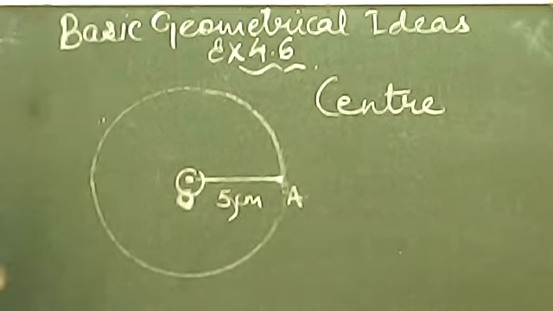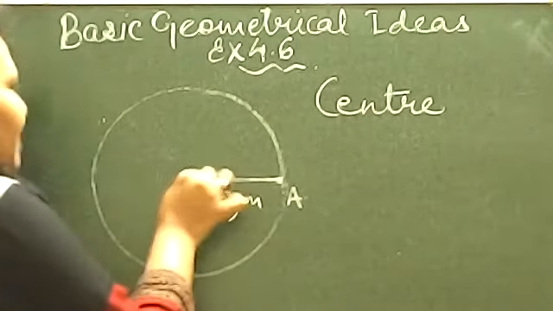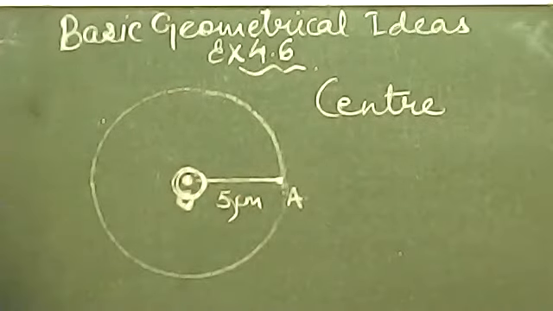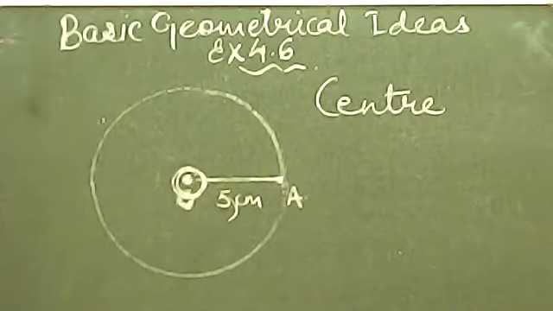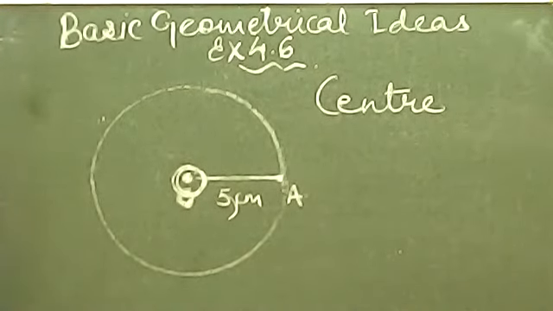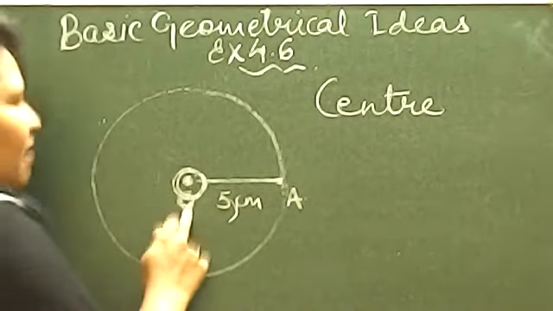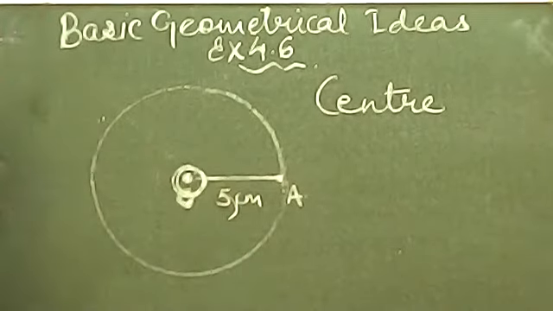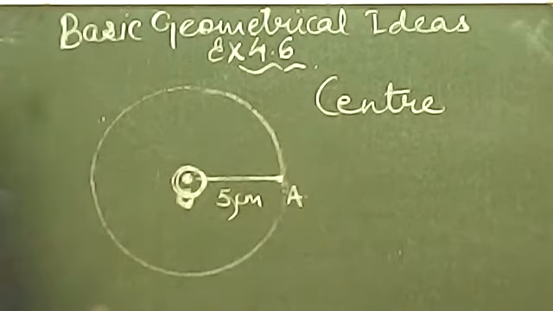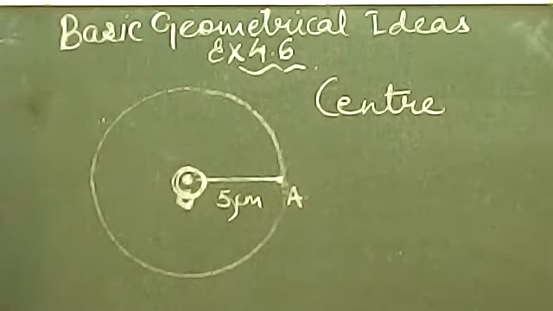Now let me tell you why it is the most important part of a circle, because without center, अभी आपको पता है हमने just अभी center draw किया था, and center के बाद ही we were able to draw everything like a circle. We have drawn it with the help of center only. So remember, without center, a circle cannot be drawn. And remember, center is a very, very important part of a circle.